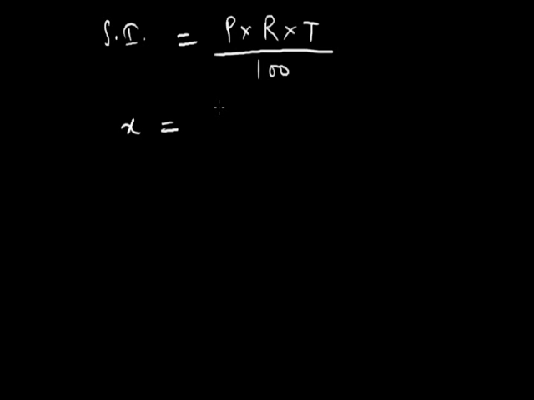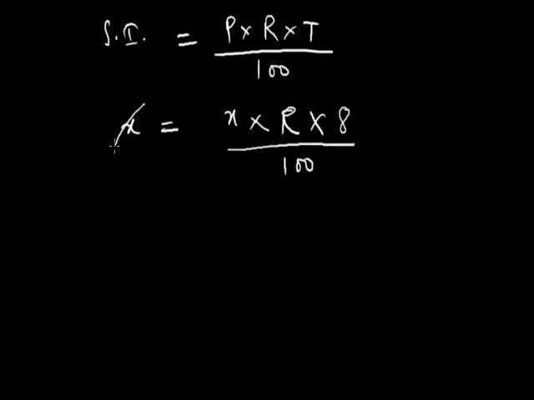So we know the formula of SI is equal to principal multiplied by rate multiplied by time period divided by 100. We have calculated that SI is equal to rupees x, and principal P we have assumed as rupees x. We have to calculate the rate of interest. Let it remain capital R, and time period is given as 8 years. So we can put the value of T as 8, divided by 100.